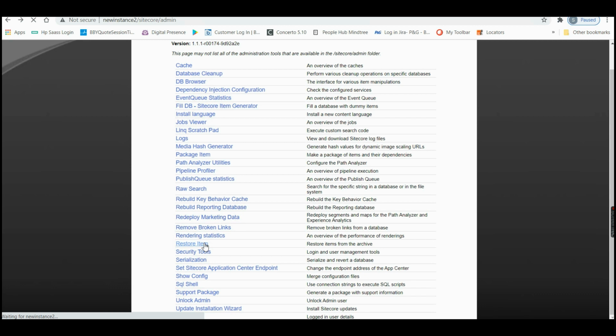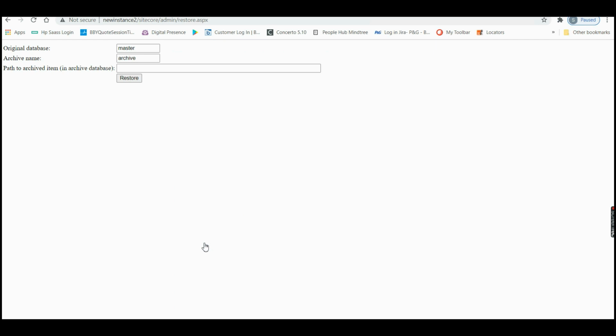Suppose there is a Sitecore option available, you can archive an item. If you go to the ribbon, there is an option, the developer ribbon, I think so. That's archive. So you select the item, if you give archive, it will be archived. Once it's archived, you can restore it from the archive. You provide the path to the archive database and just click restore, then it will restore the item normally. This is useful when you get practice with archiving the item, then you can easily restore the item back to a normal content item.